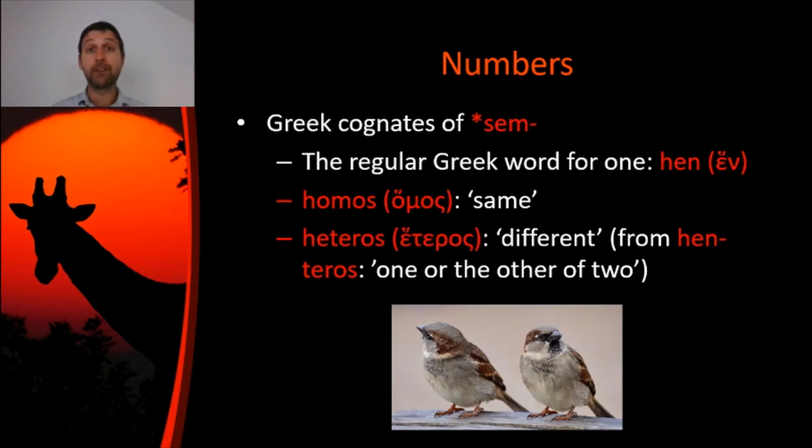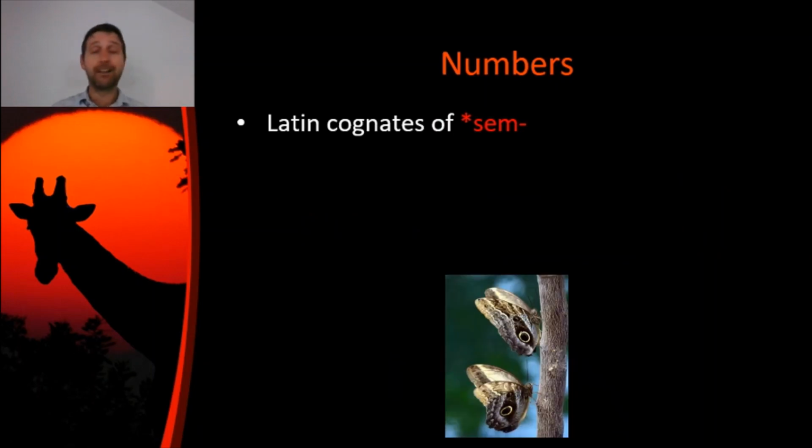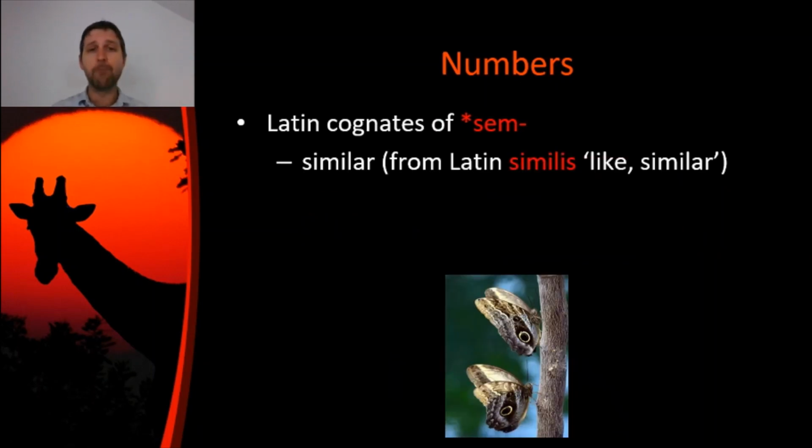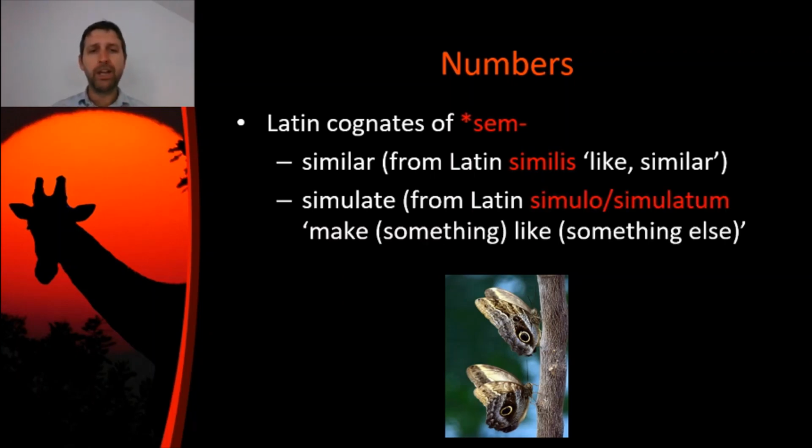So interesting stuff there. Finally, let's talk about some Latin cognates of sem, because there are a lot of Latin cognates of sem as well. You might have already guessed the word similar comes from this root sem. It comes from the Latin word similis, which means like or similar. It's not too complicated. We get other words like simulate from the sim in Latin that comes from the Indo-European